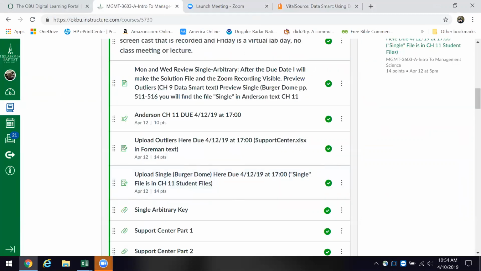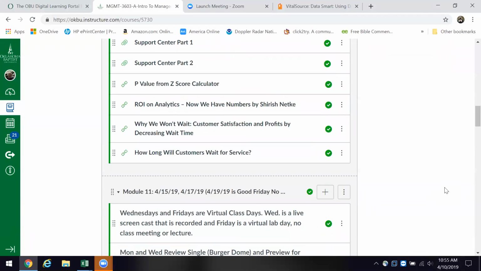And then the Burger Dome case, that's the single file. That's over in Chapter 11 in the Anderson text and from those student files. And I did a supplemental presentation yesterday, and I posted it just to cover that.